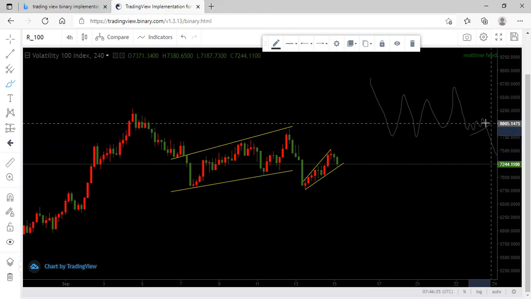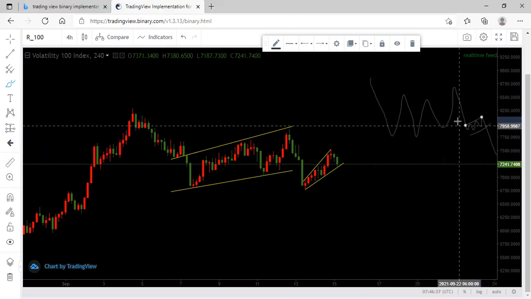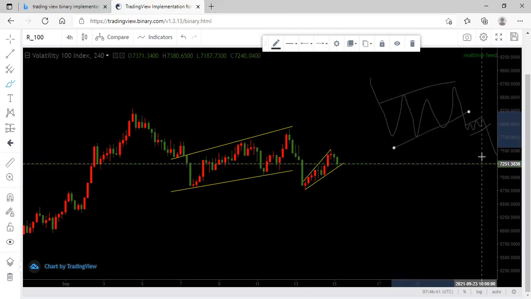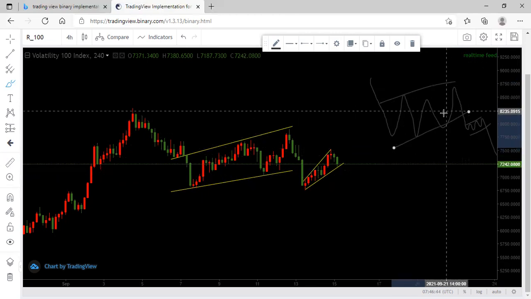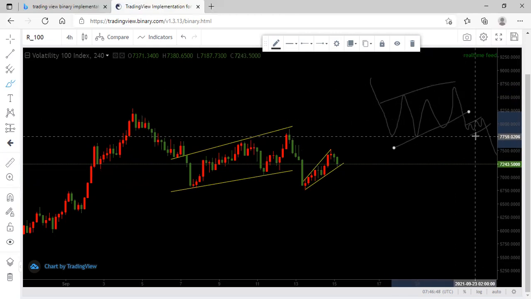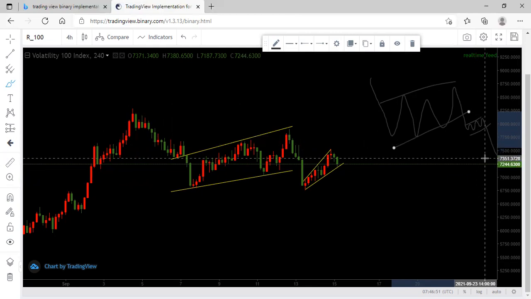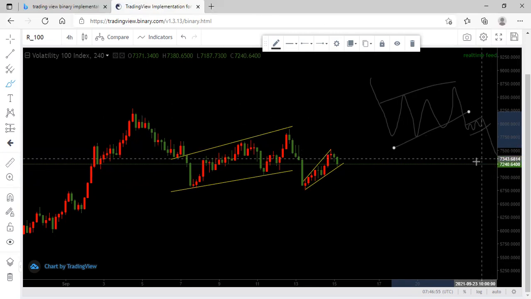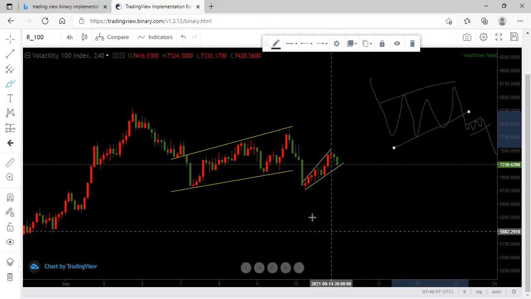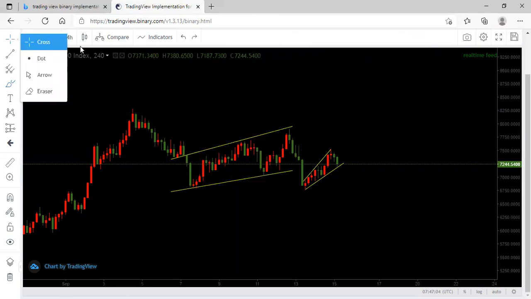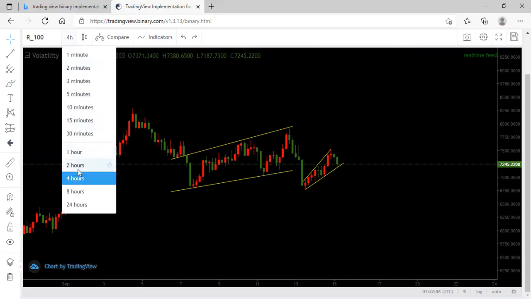So we know that after the big correction here, we always have a continuation of the second leg. We know that the price has managed to break this impulsively to the downside. Then here we should be looking for the correction, continuation for the second leg. So let us proceed. Okay, we are going to